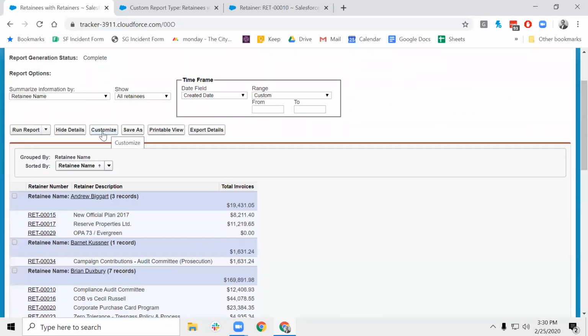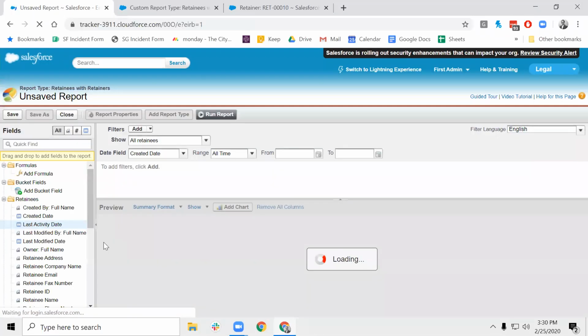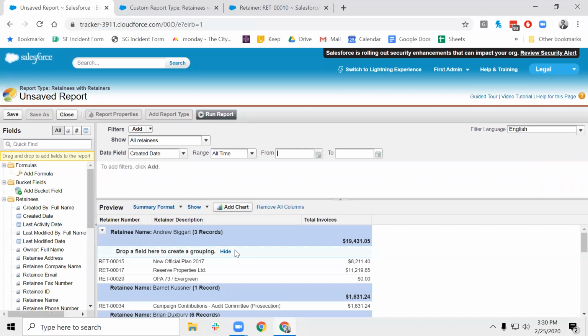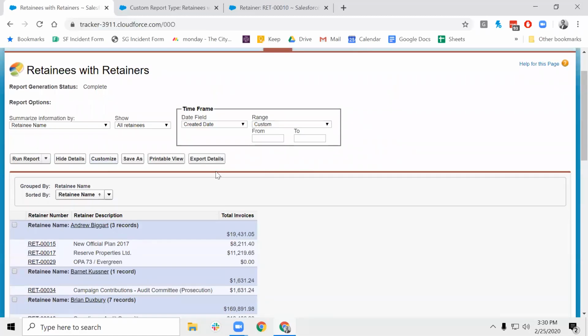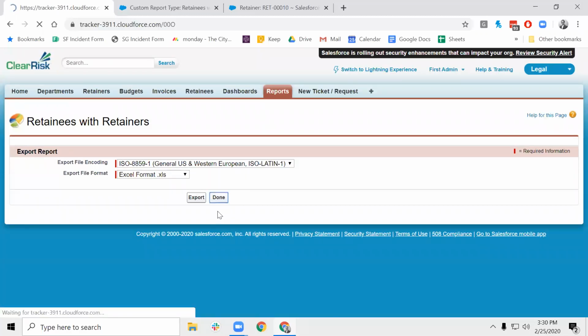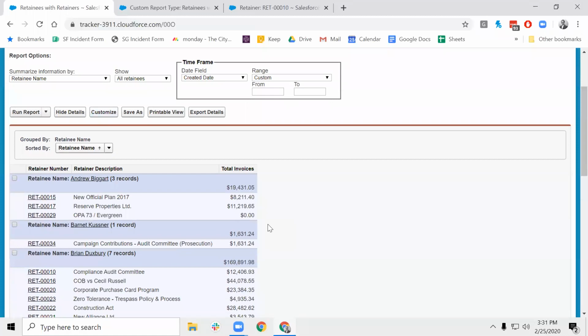Wow, I like that. And further to that, when you export that, how would it look? Same setup? Yeah, so I'm going to run report. That's a really good question. So if I say export details, all I'm going to get there is a row and column spreadsheet. So it'll not show you any of the groupings or any of the summations. But if I hit printable view